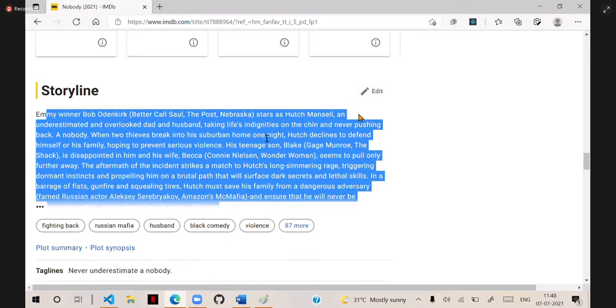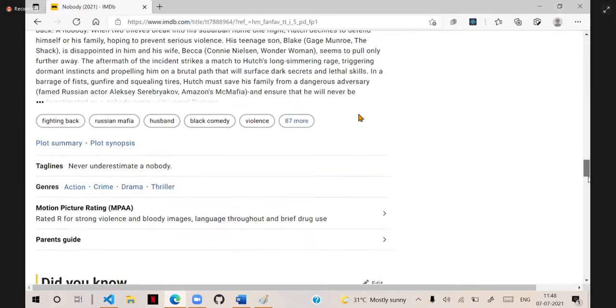But remember, after you make changes, there will be a review team for them. That review team will check what changes you have made. And if they are appropriate, if they think that they are good, then they will update. And for that, they will give you the credits that this person has contributed these details. These are called wikis.